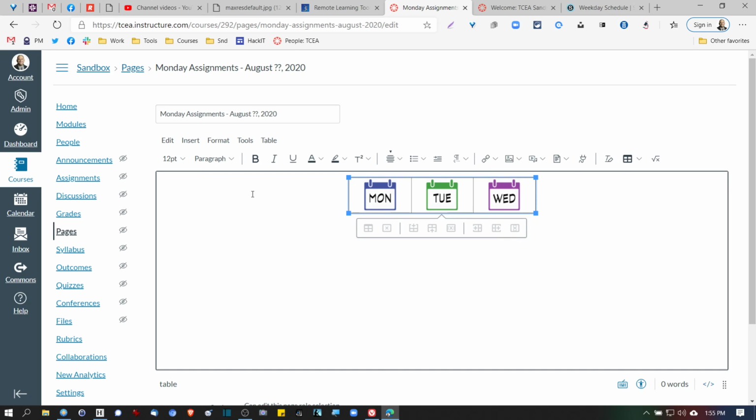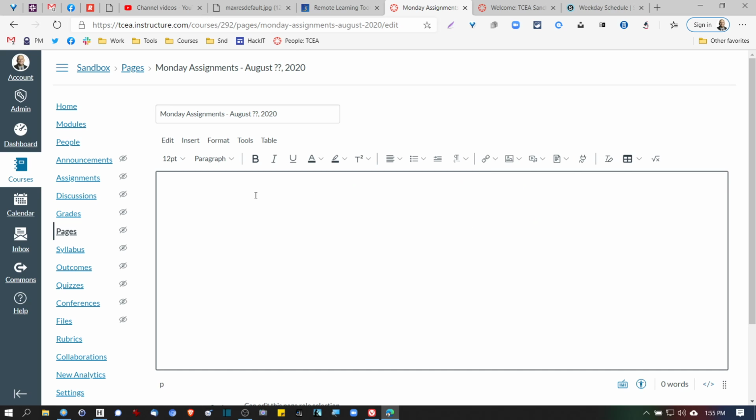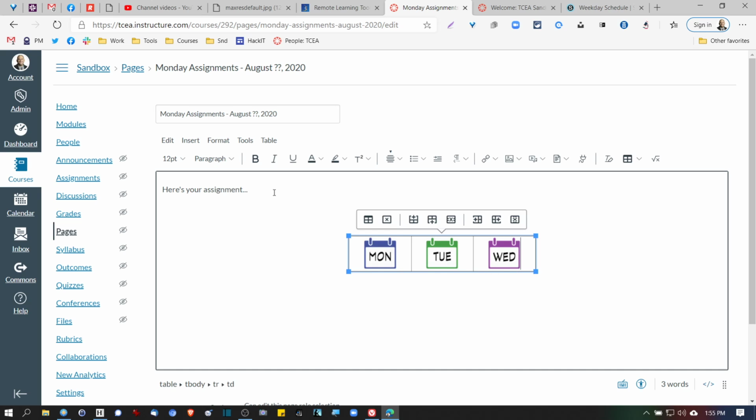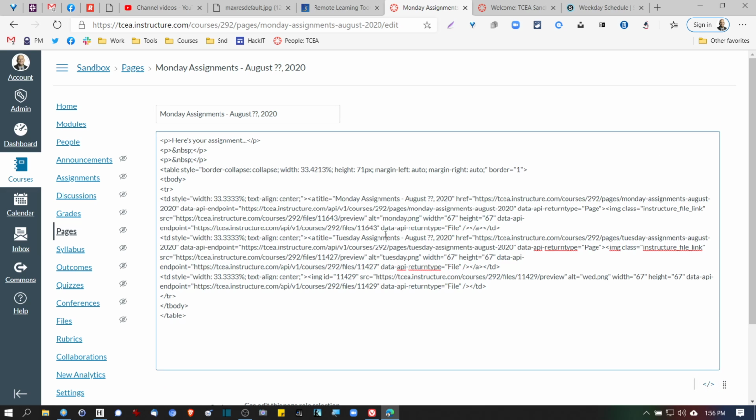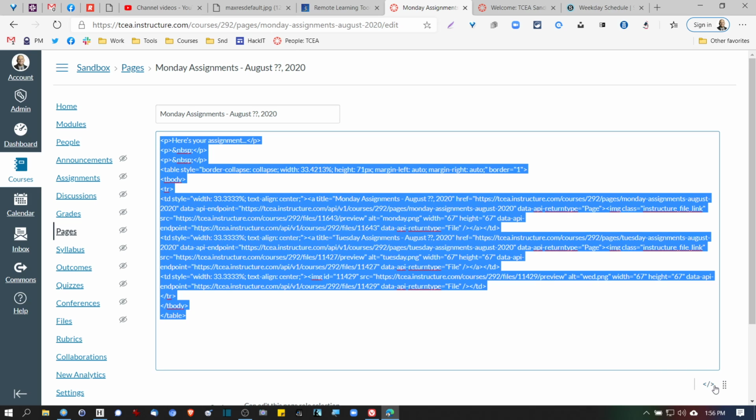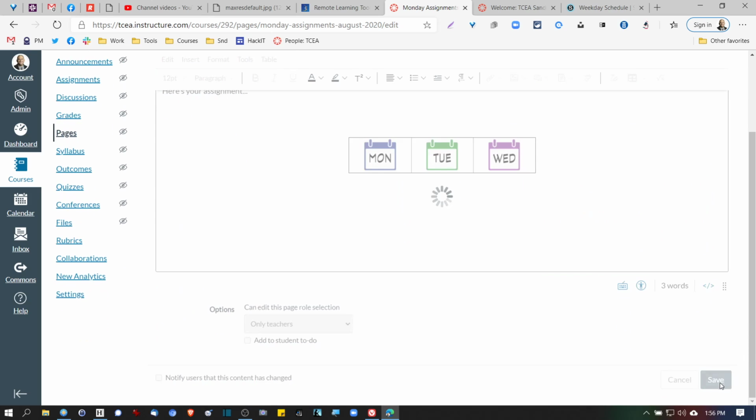Now unfortunately I actually like to place my navigation menus at the bottom. Here's your assignment, and again I'm not going to spend a lot of time fleshing out that assignment, but this is how it might look. I can just copy the entire page. I did a Control A to select all and copy, or I could just as easily come in and grab the HTML, hit save,